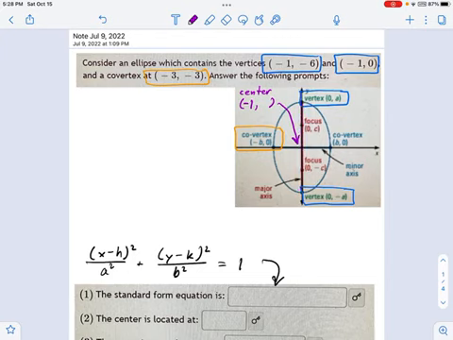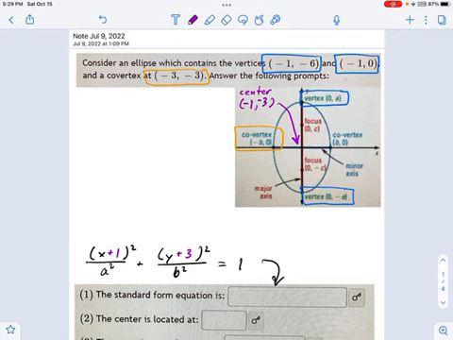Okay, so the y value, it's also not hard to figure out. All you do is you take the average of the two y values given. That's the halfway point between the vertices, at the center of the ellipse. So the average of -6 and 0, that should be easy, -3. And I'm going to take that and directly put that into my equation of standard form right now. The x value of -1 means I've got an x plus 1, and the y value of -3 means I've got a y plus 3.